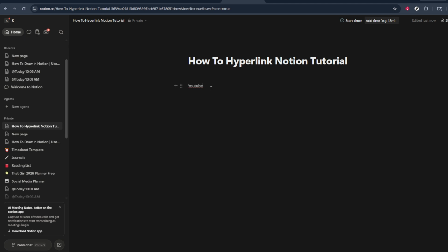You can usually paste by right-clicking and choosing Paste, or by using your keyboard shortcut. Once the link is pasted, press Enter or click outside the field to confirm. Your highlighted text should now appear as a clickable link, often underlined or in a different color. You can hover over it to preview where it leads and click it to